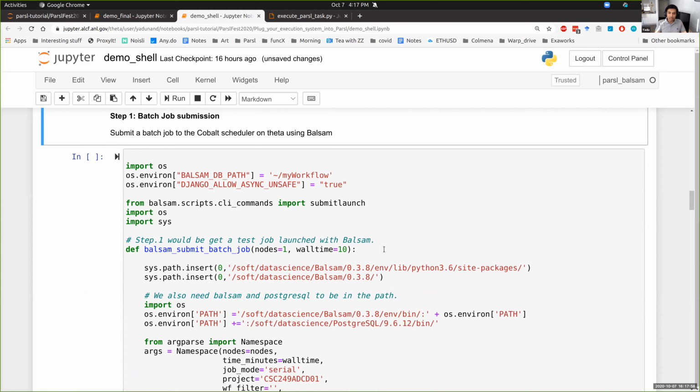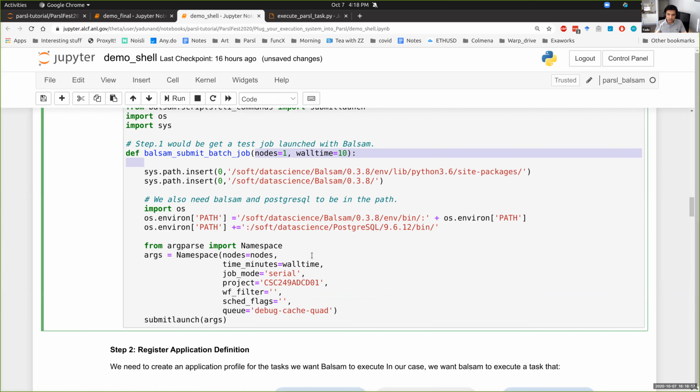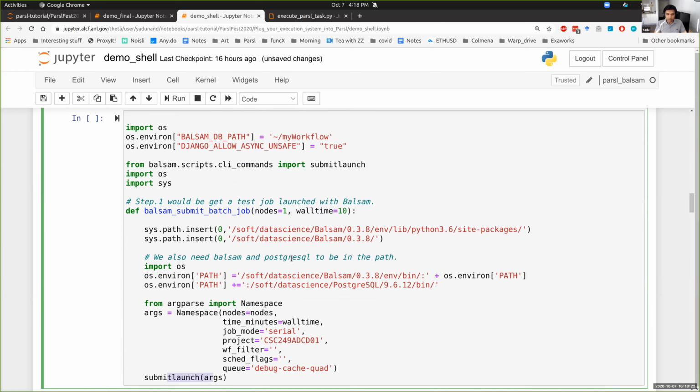So the first bit is we need to have Balsam talk to Cobalt, which is a scheduler for Theta supercomputer, and get us an allocation, a job running, which will get us a bunch of compute nodes to run our functions on. So this Balsam submit batch job, it's a very, very thin Python function that internally calls to the submit launch method in Balsam. So you can basically treat this method, Balsam submit batch job, as if it is talking to Balsam, so that Balsam will go and get you some resources from Cobalt. Okay? So let's just activate this,